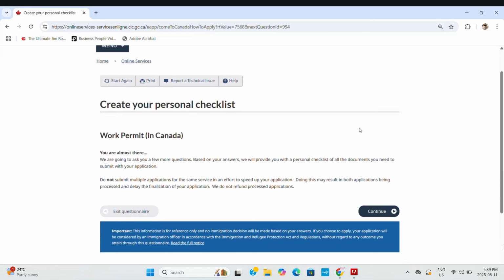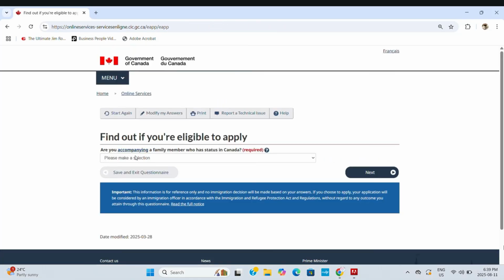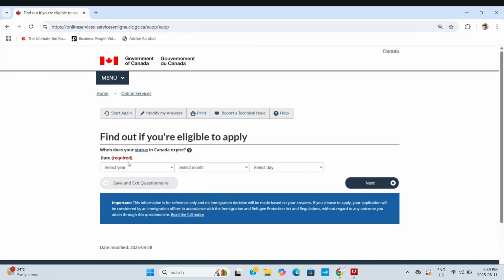Okay, almost there. And then click on continue. Are you accompanying a family member who has status in Canada? No, I don't have. And then next, when does your status in Canada expire? Define it, and it expires on July 1st. And then next,